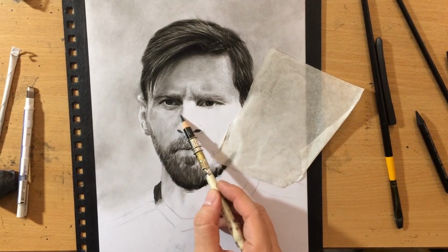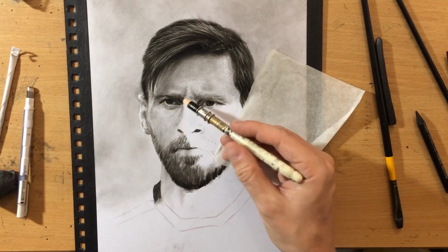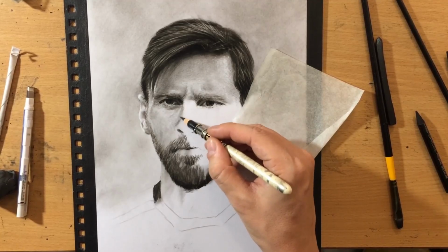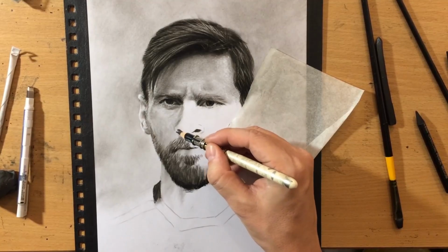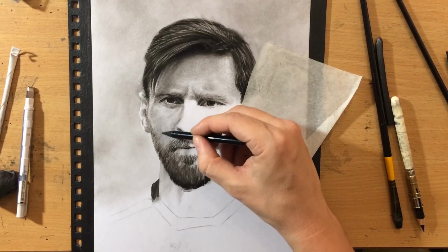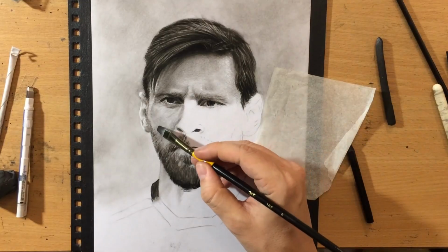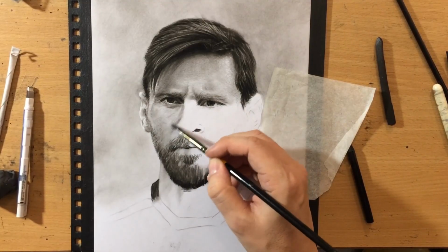I switched to a black colored pencil again to do some light shading and to draw some smaller details, like some finer textures on the skin and stuff like that. Just making sure that I work around the nostril area here so that the nose isn't too narrow or too wide. That's very important. And kind of working my way down the cheek area, shading it carefully using a combination of different drawing tools. And when I feel like there's a little bit too much texture, I just blend a little bit and soften